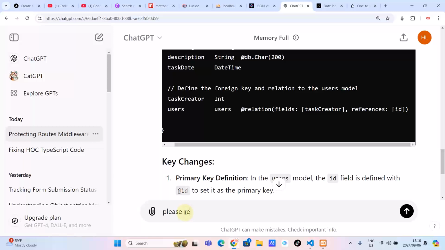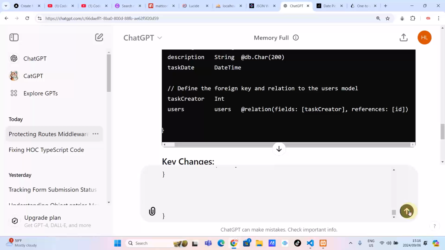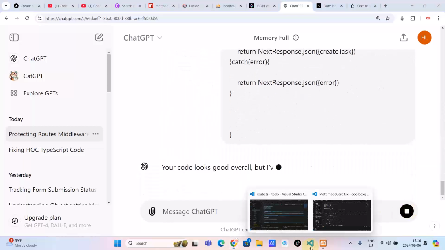please review. I'm just trying to be aware of things that are not within my scope or within my consciousness. Remember, you are only aware of what you know. You can't be aware of what you don't know. So you must know what you know and you must know what you don't know. By just doing this, the code might work, but I'm trying to increase my consciousness, so that ChatGPT can tell me something that I might not know. I'm always looking for a better way to do things, or the best and professional way. So I'm just asking ChatGPT to tell me whatever it might think is not right,